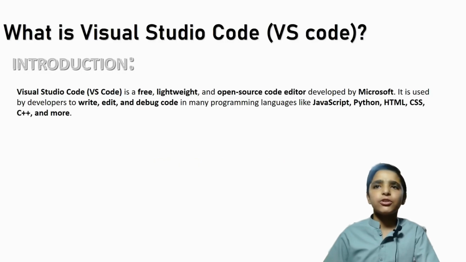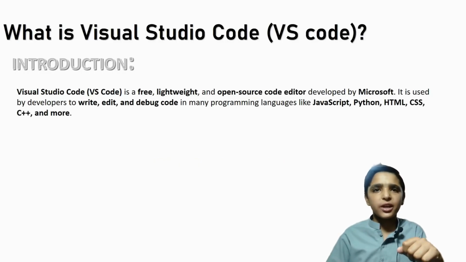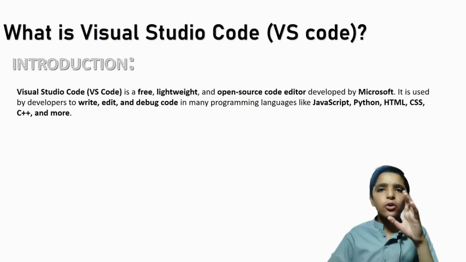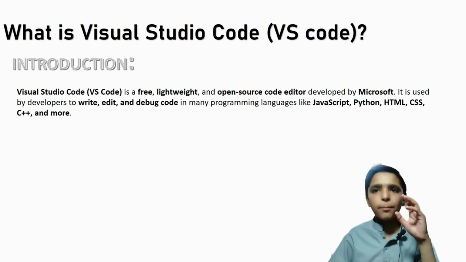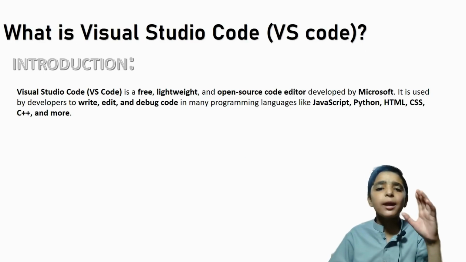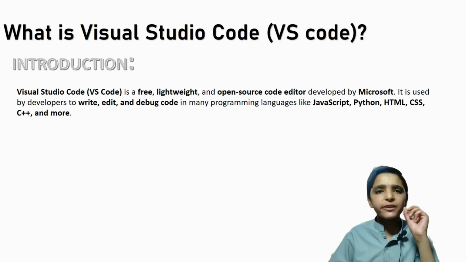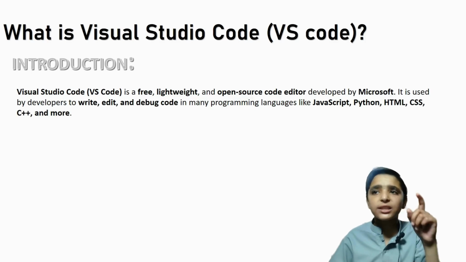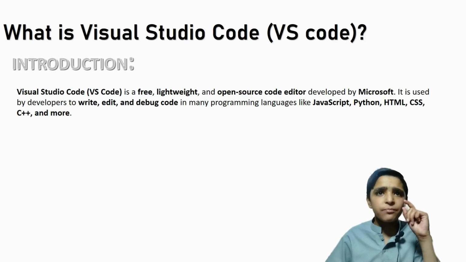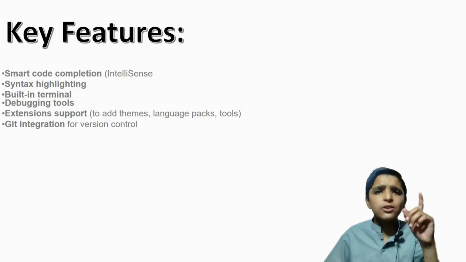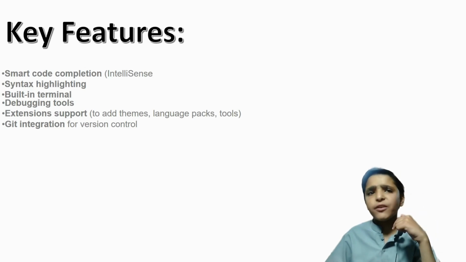What is Visual Studio Code? Short form VS Code. Introduction. Visual Studio Code is a free, lightweight and open source code editor developed by Microsoft. It is used by developers to write, edit and debug code in many programming languages like JavaScript, Python, HTML, CSS, C++ and more. Key features are smart code completion, syntax highlighting, built-in terminal, debugging tools, extension support, my favorite one,